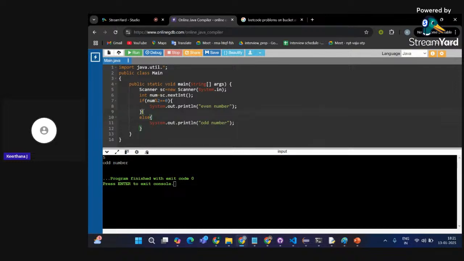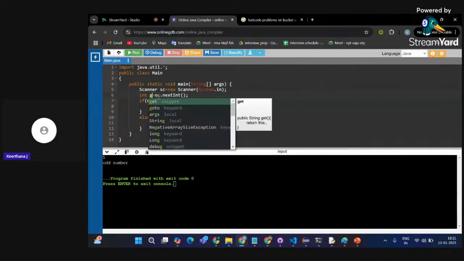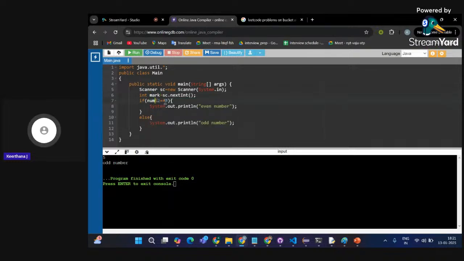Now let me have one more question over here. I want to print the grade, so I'm going to get marks from the user, and depending on the mark, I'm going to display the grade.